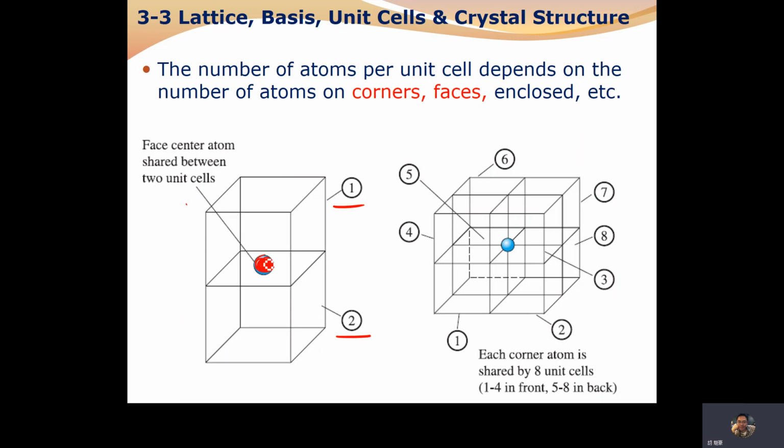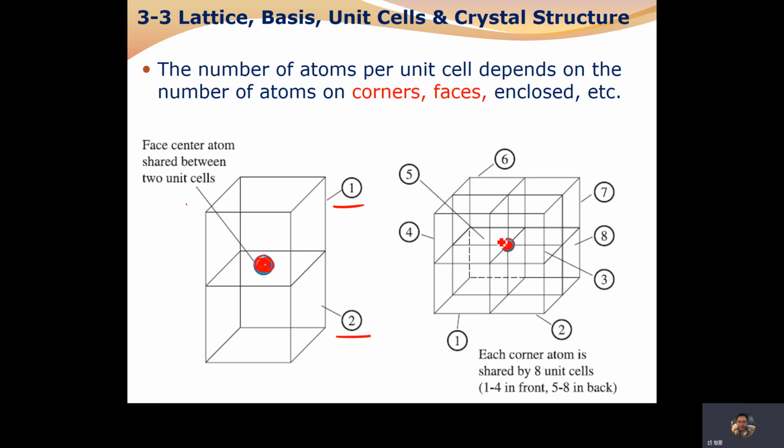Half of this atom belongs to unit cell 1, and half belongs to unit cell 2. Also, if there's an atom here in the center of 8 unit cells,